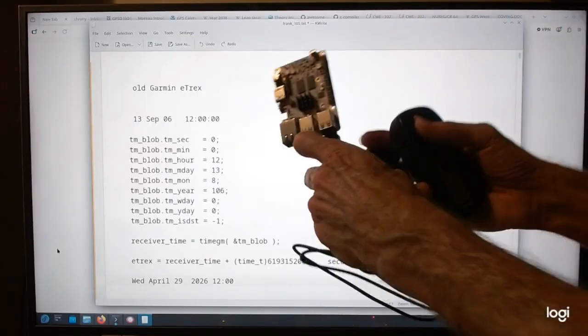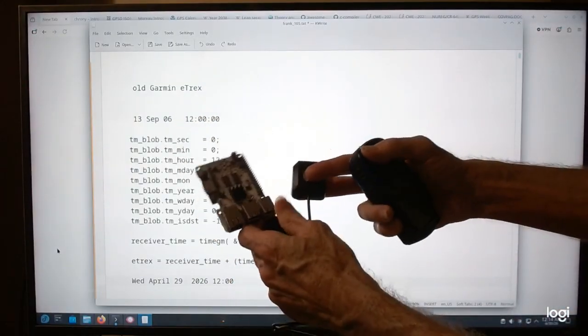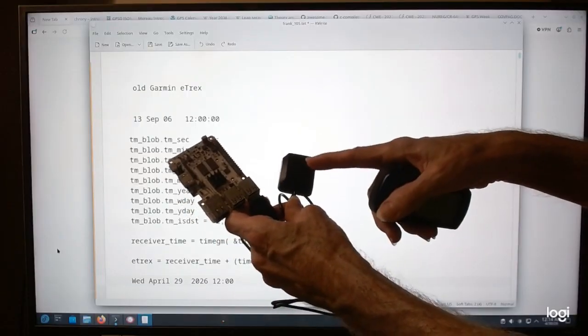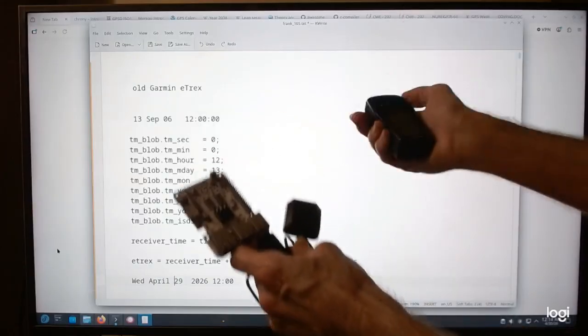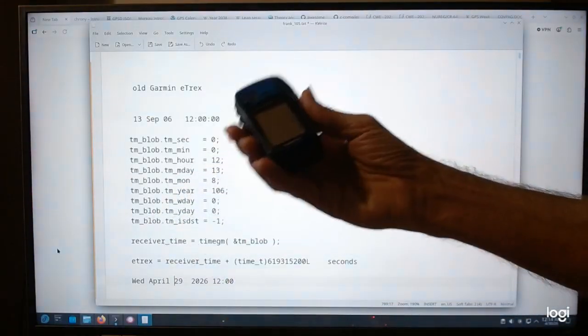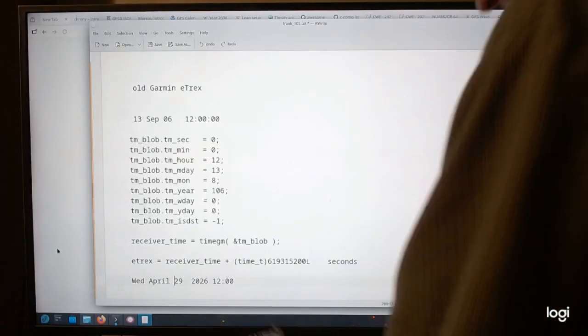So this is an isolated system right here. This is an isolated receiver with a GPS receiver, single board computer. There's no network connection at all to it. It's an old